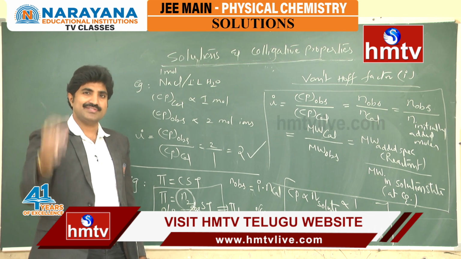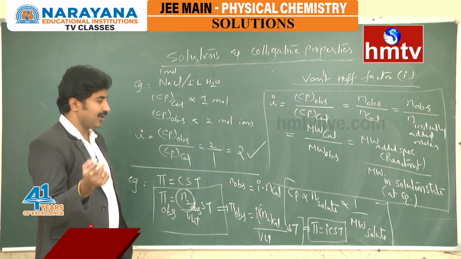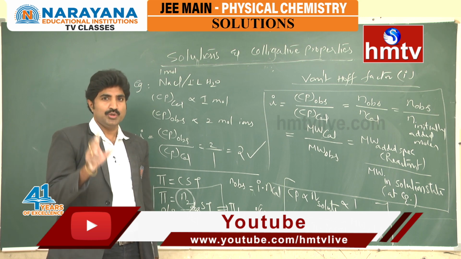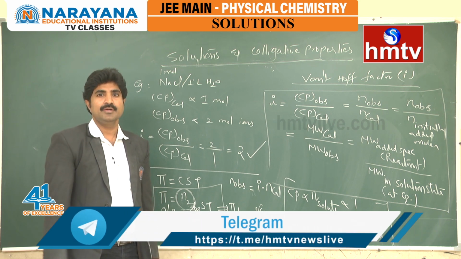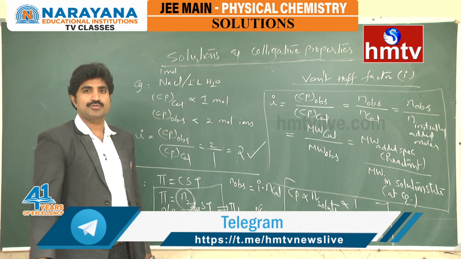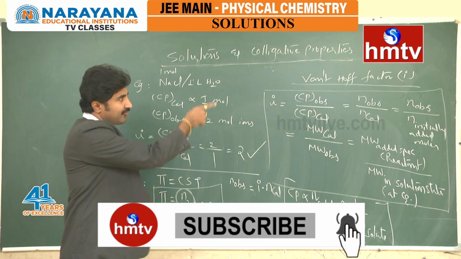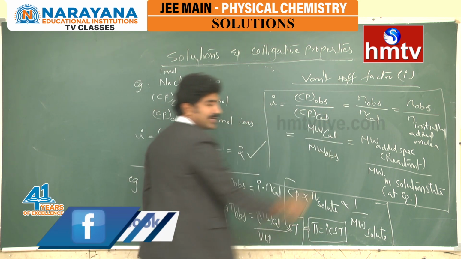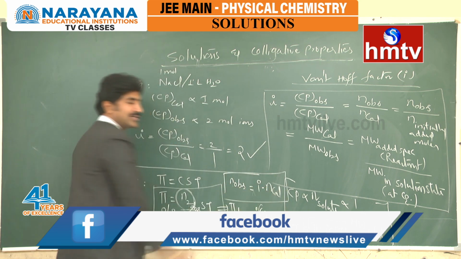Actually, we have discussed all 4 colligative properties: relative lowering in vapor pressure, elevation in boiling point, depression in freezing point, and osmotic pressure. The equations I gave were calculated equations. Those are not the original equations. Don't use those equations in the numericals, because to explain this abnormal behavior of solute in the solution, Van 't Hoff corrected those equations by using the Van 't Hoff factor I. Based on this Van 't Hoff factor I, what is I? I is equal to observed moles by calculated moles. From this, observed moles is equal to I into calculated moles.